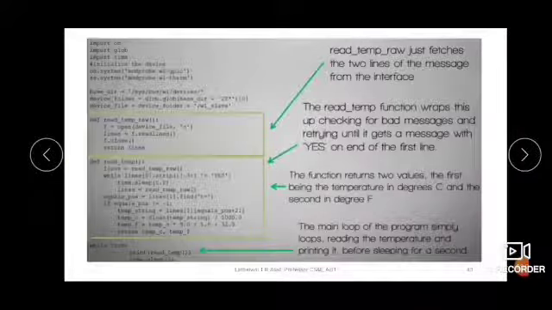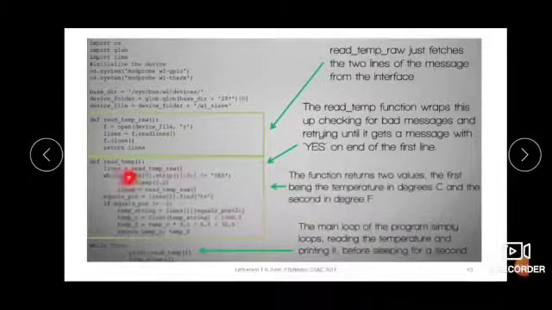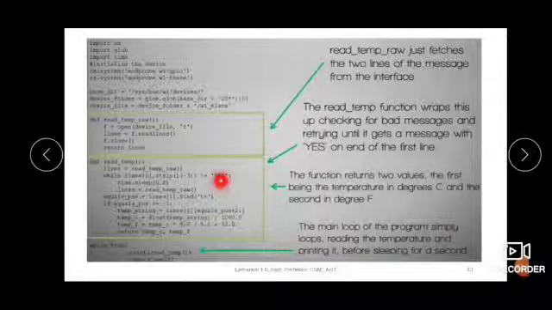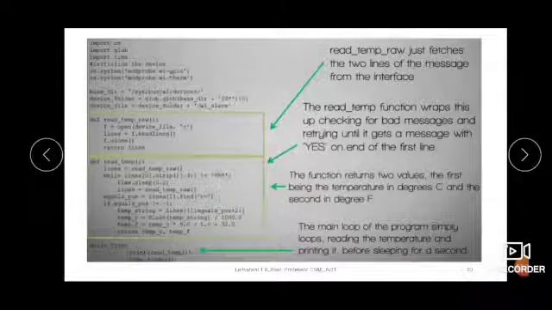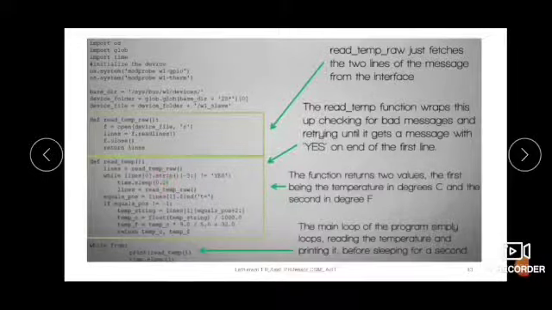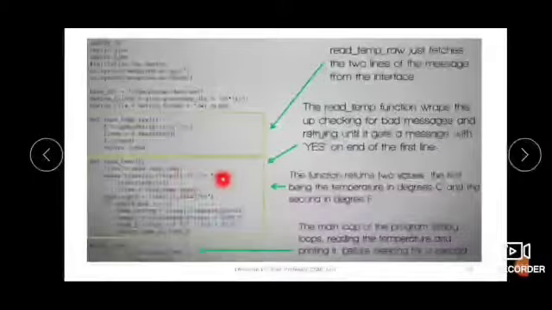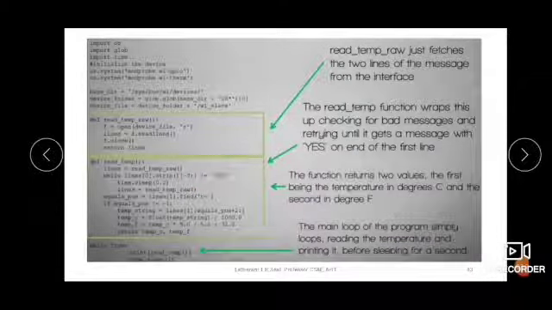Okay, so now this read temperature function will read the temperature by calling read temp raw, and then it will check for "yes". If there is a "yes", the strip function is used for that. The strip function returns a copy of the string by removing both leading and trailing characters based on the arguments passed. So here it is checking whether the last 3 characters are "yes" or not.